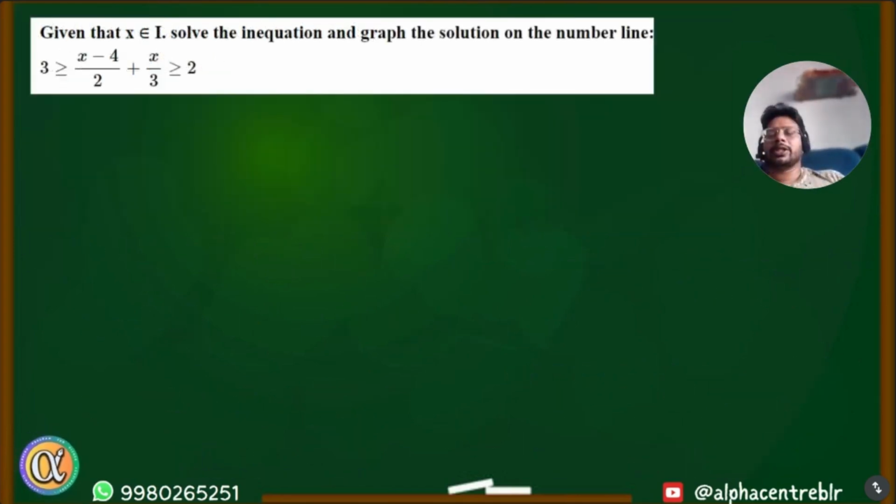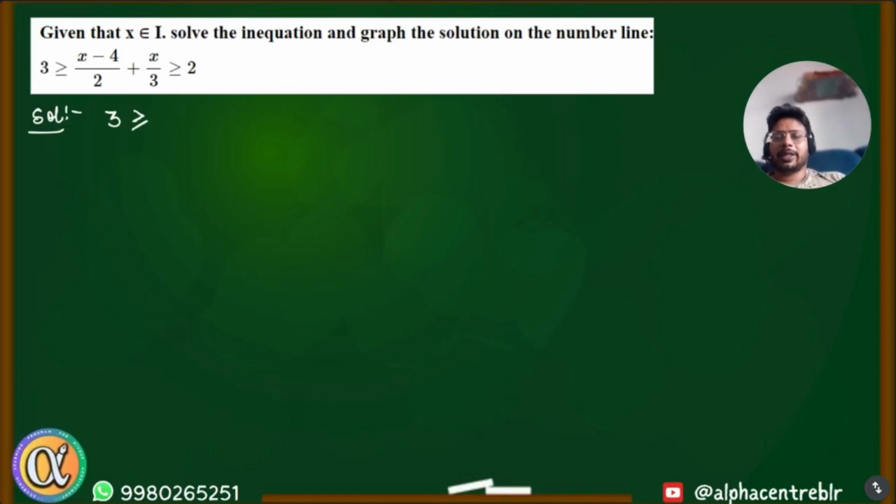Okay, let's see this next question. Here it's given that x belongs to integers. Solve the inequality and graph the solution on a number line. 3 greater than or equal to (x minus 4) divided by 2 plus x by 3. Anyway, we are going to simplify this first, whether separately or together. Okay, let's try this. So 3 greater than or equal to